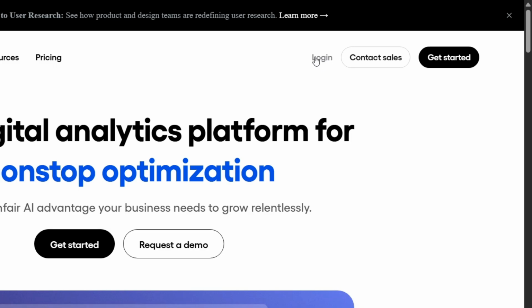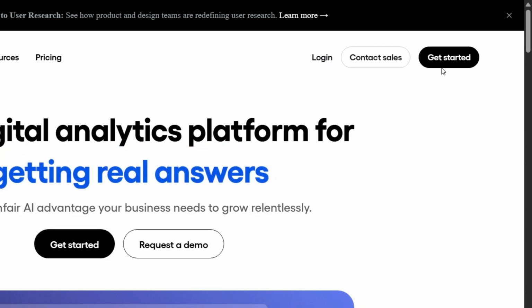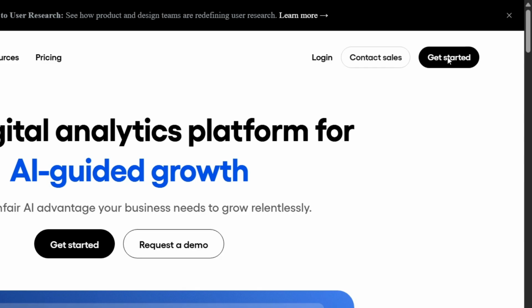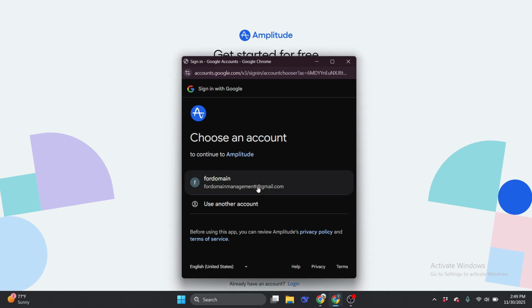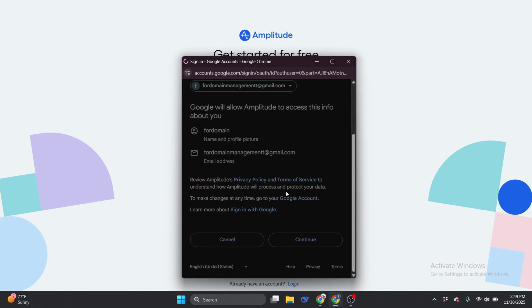On the top corner, you have the option to log in using your credentials. But if you don't have an account, you can create one by clicking on Get Started. If you do, you will be forwarded to a new page. So to make the account creation faster and easier, you can sign up using your Google, and then once you have successfully created your account here in Amplitude, you will be forwarded to the landing page,